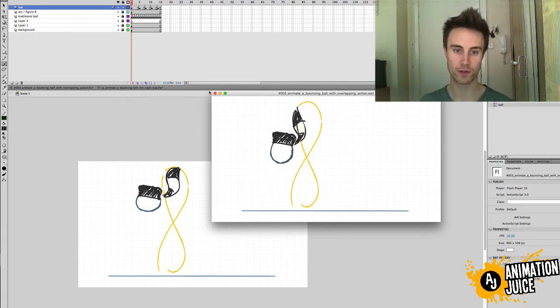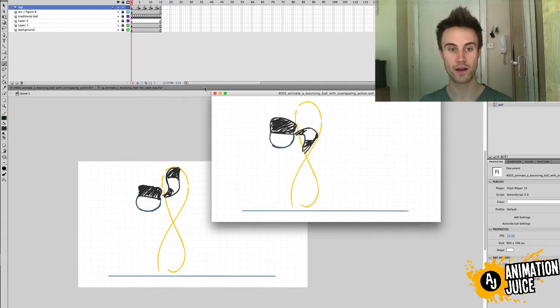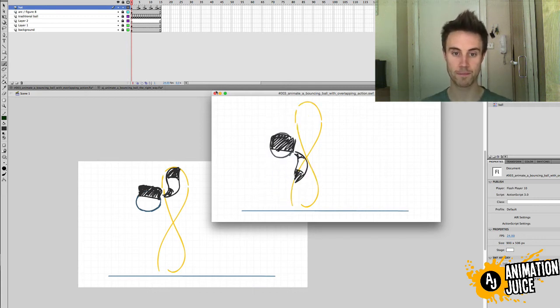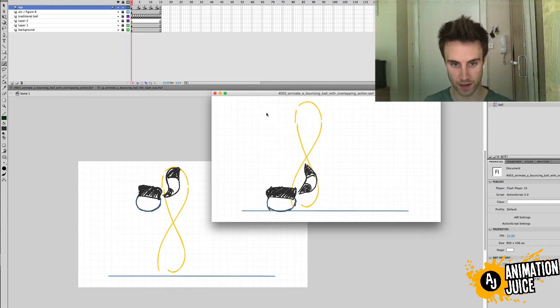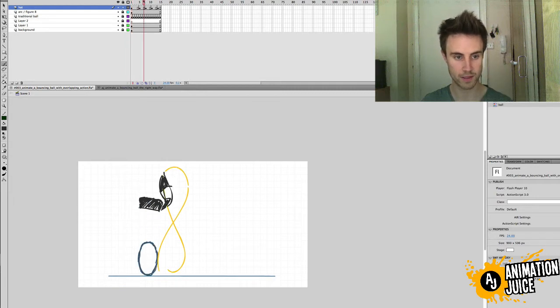And this is what I would do when animating before: just rough it out, get a feel for it, and then start doing another pass and clean it up slightly. So what I want to do, what I'm seeing is, as he comes down,